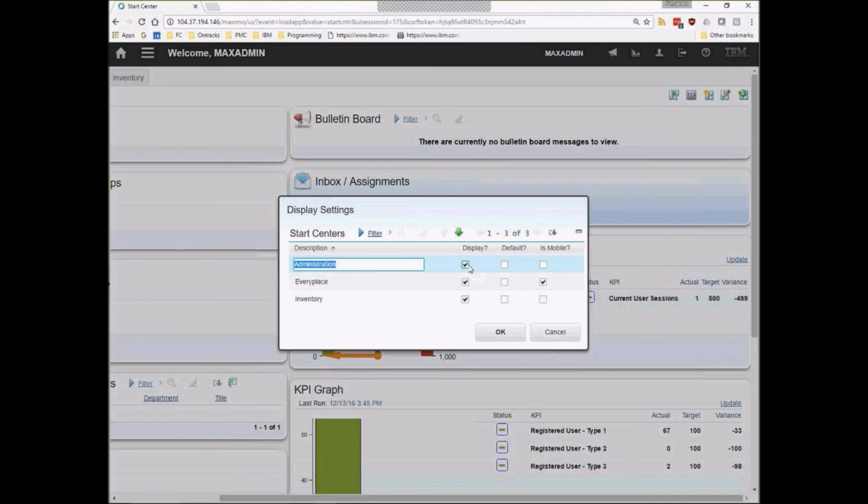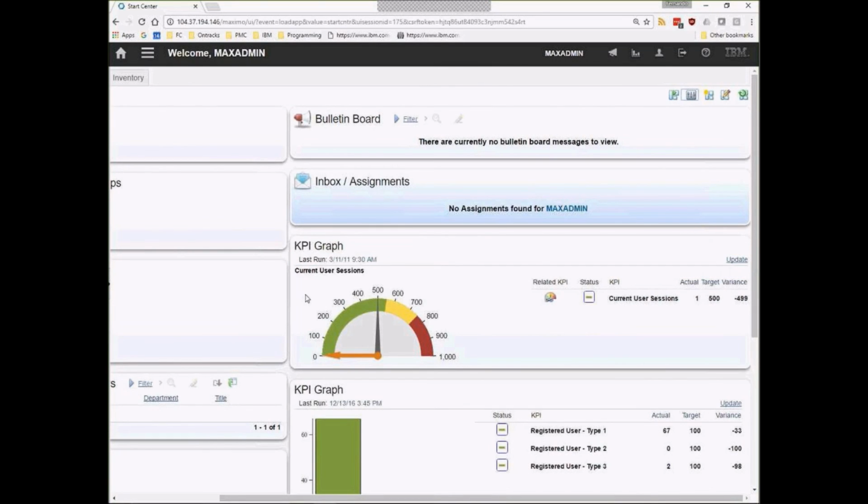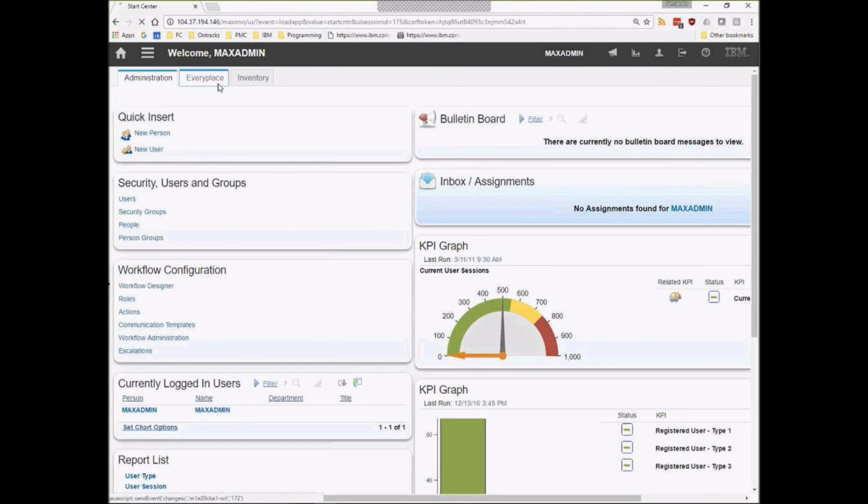So in the case right now that I've got 3 Start Centers, I might want to make one of these my default rather than another. You will also notice there is this other column, this is mobile checkbox on your Start Centers, and that is mobile checkbox defines whether a specific Start Center is available for mobile logins. So let me actually scroll over and show you this Every Place